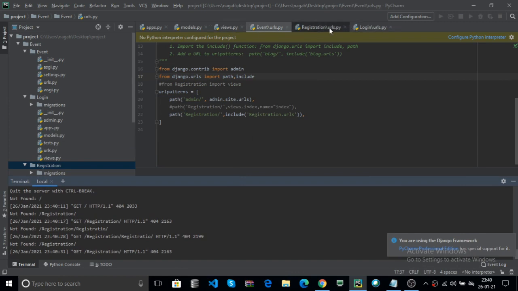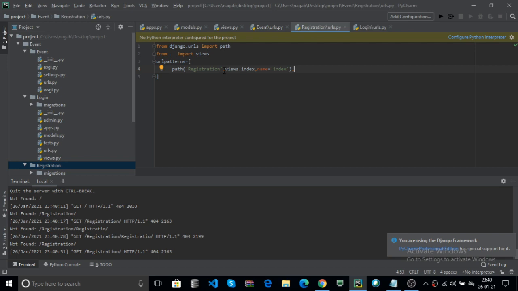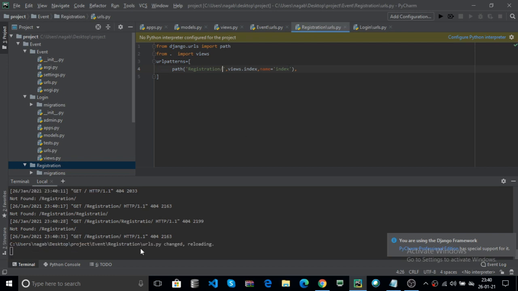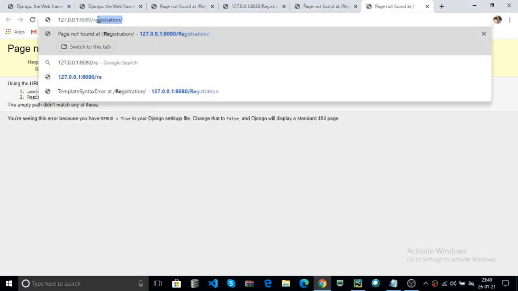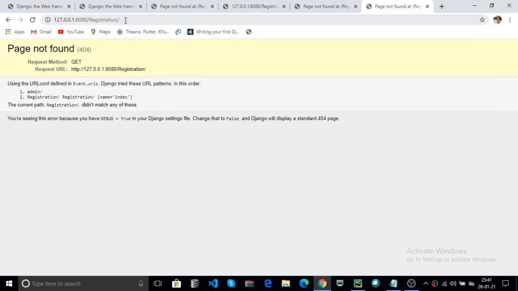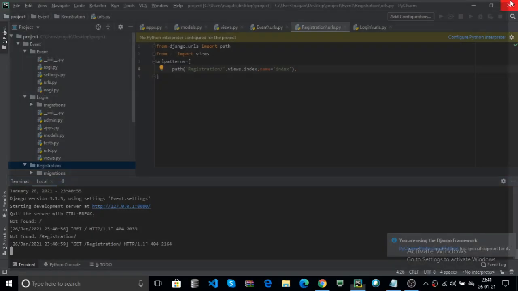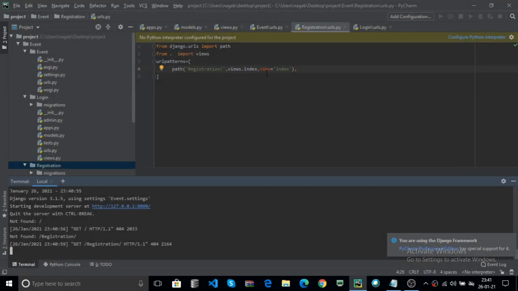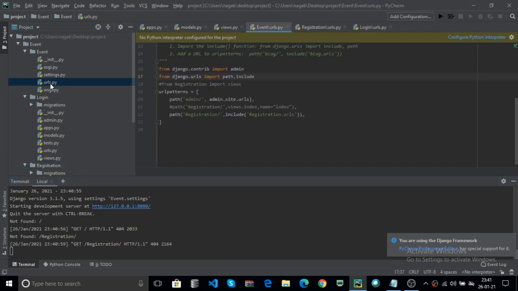Here your registration urls contains your views dot index, and here you can use the slash. Now control s, your server is running. Now here you can pass registration. Close all the browser data. Here the urls.py in the main, include your registration.